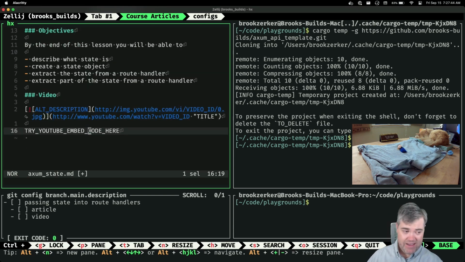The plan that I have isn't necessarily in the order that they're going to be taught in. So I haven't fully determined what order they're going to be in. I know that responding with JSON comes before a lot of other things, so I can pretty much assume that most lessons know how to respond with JSON.